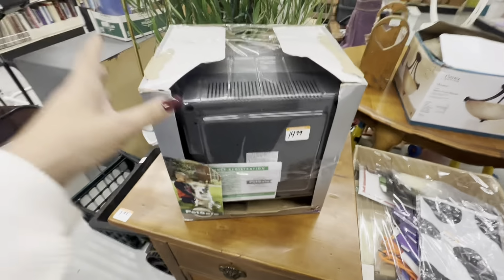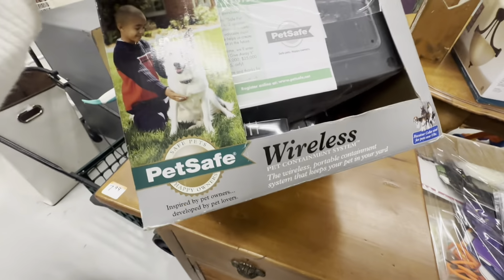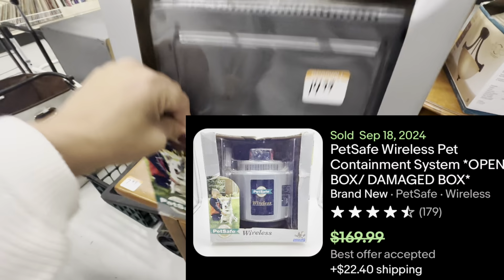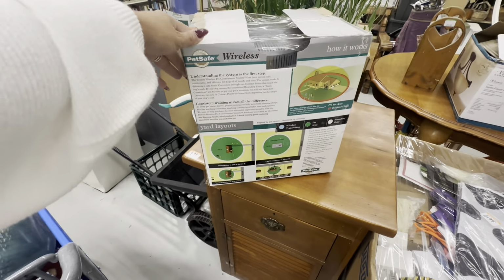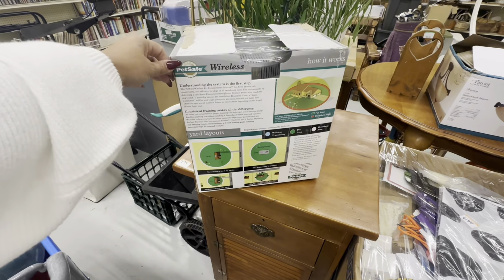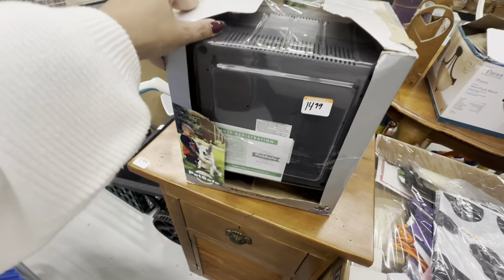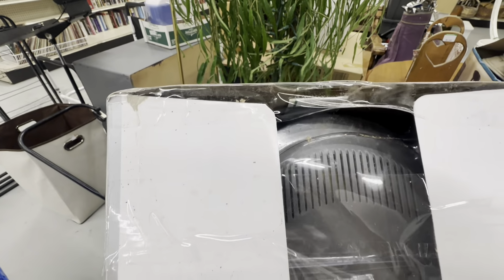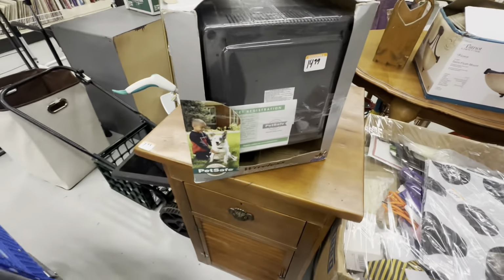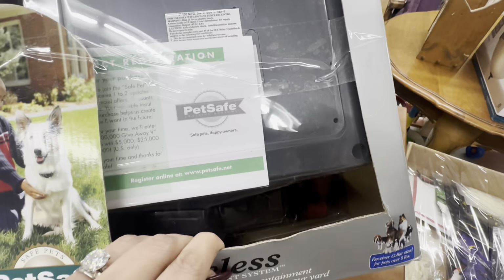Comps look amazing on this, so I can tell that it's possibly been returned. It's definitely been opened. I have not listed this yet. That is on my agenda for today. So I'm thinking I'll get somewhere between $80 and $100 for this after looking up comps on eBay. But because it has been opened or possibly returned, I do need to test this out. I'm not too sure how I can do that, but I will figure it out